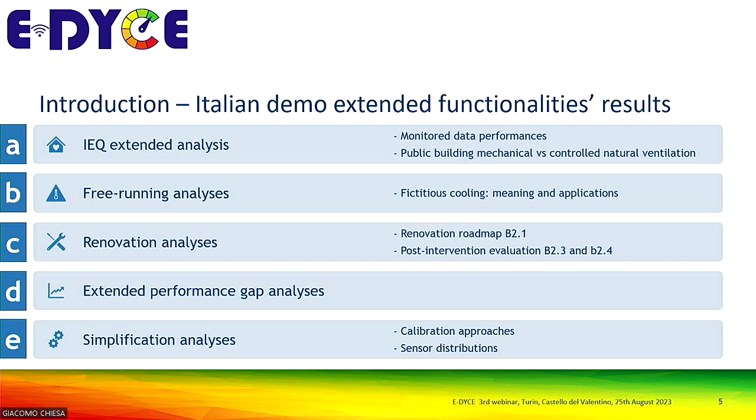And last but not least, we analyze sensor distribution, in terms of variations between what is monitored for the same variable in the entire building. Since we are in a research and development project, we have the possibility to put a sensor in each room, but clearly it may be too expensive to think of disseminating and expanding it, especially in residential buildings. So it was interesting to have an idea of the variation between rooms, to suggest eventually a reduction in the number of sensors,